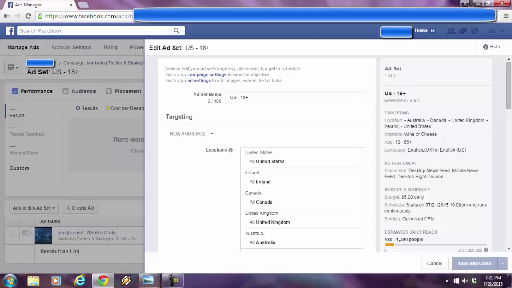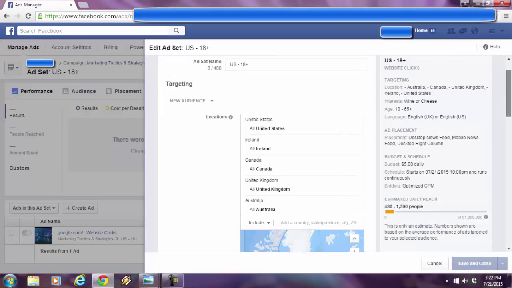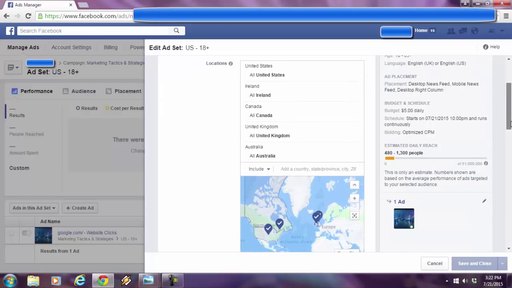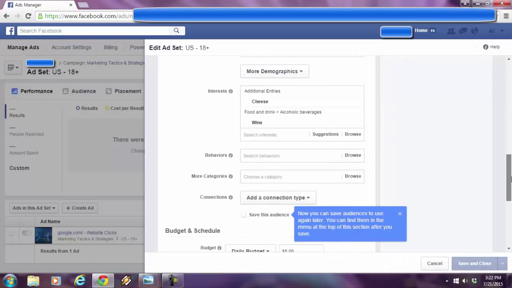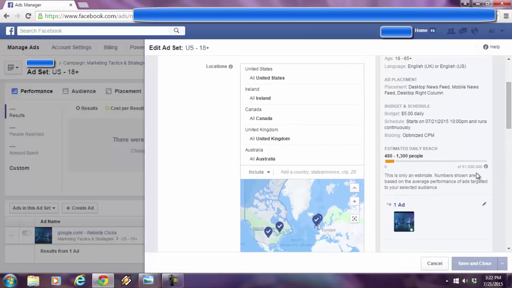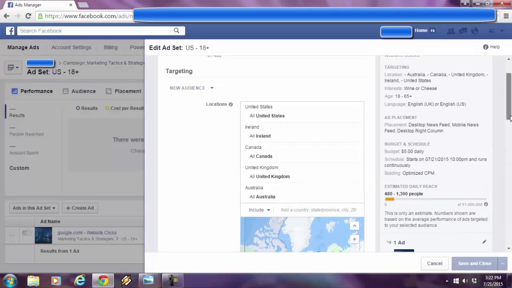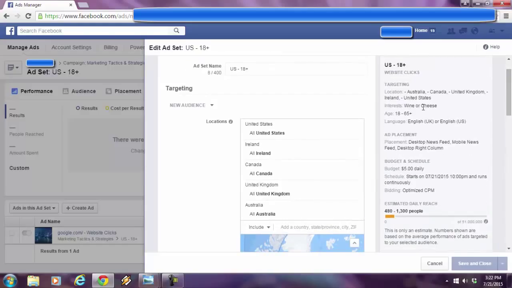That means that if a person is a fine wine enthusiast, they may be lactose intolerant. They can't handle cheese. They don't like cheese, or they're just not into cheese. Or vice versa. They love cheese, but wine makes them sleepy. They're not into it, whatever the case may be. So this is not really targeting, but according to Facebook, this is. Okay. Now, if you look at the audience size, it's 51 million people. And I know that 51 million of these people are not into both wine and cheese.